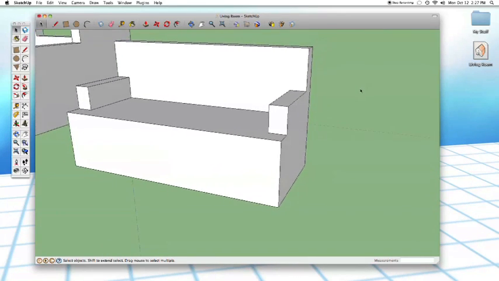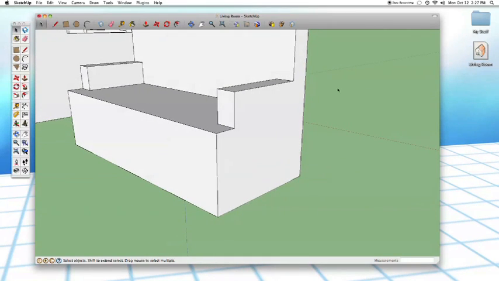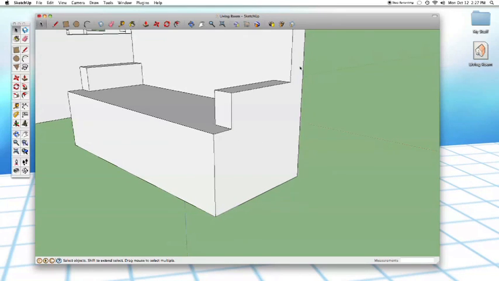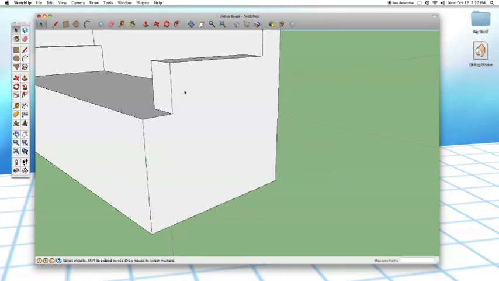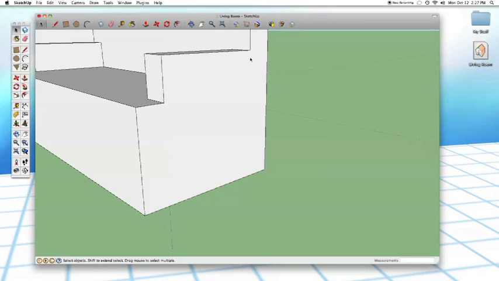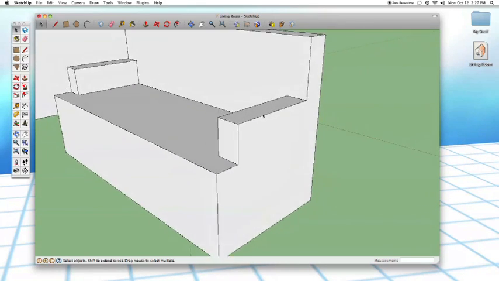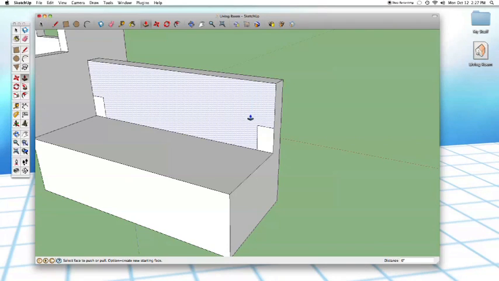Now you'll notice that one of the things that's going on here, and we talked about this in the last episode, is by pulling these out, we've made this kind of weird shaped side of the couch. You would expect that these armrests would be separate from the back and the bottom, that you would see a line here and a line here, but we didn't get that because we used the push-pull tool, which never recreates lines unless, I'm just going to undo those real quick, unless we do this again,